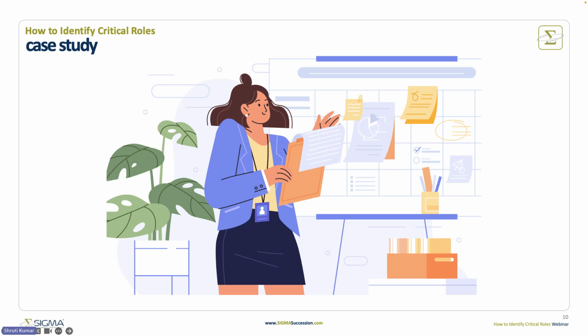Now, overlooking Sarah's critical role had a negative impact both on Sarah while she was with the organization, as well as on the organization itself once she left. Now, you're not going to be able to realistically focus your succession efforts on every important role in your organization. However, when you identify critical roles, it can help you to make a more informed decision rather than making a decision based on an assumption that you should start at the top.